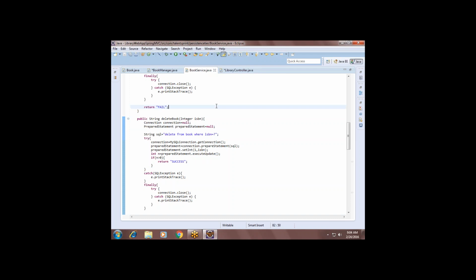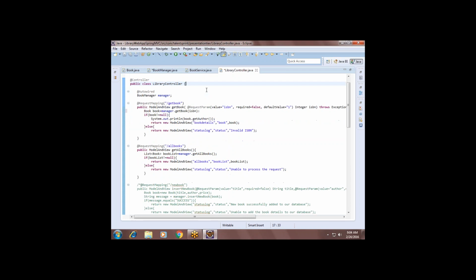So this way we have to develop our application with different layers, controller layer and this. And what I told earlier, that when you are calling the business layer method from the controller, then you have to create the object yourself. But when you are using Spring, don't create any objects, right? So how will we create the object? Just declare the business layer reference variable and just say @Autowired. You know what happens when you use @Autowired, right? Autowired means Spring will automatically create the object for the business manager and inject it to you, right? Is it or not? That is the advantage if you are using Spring.